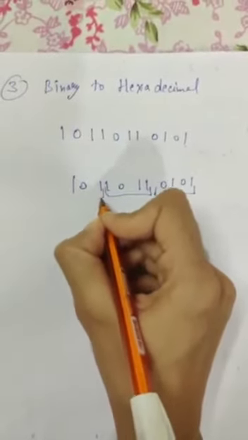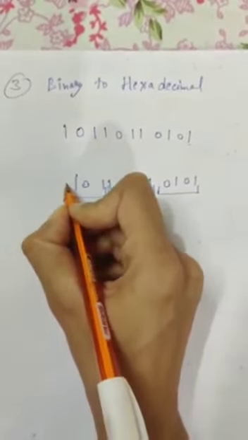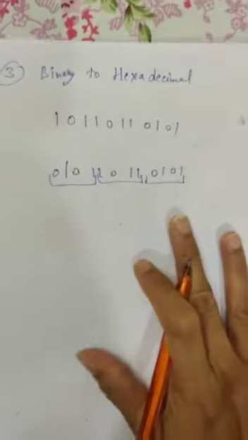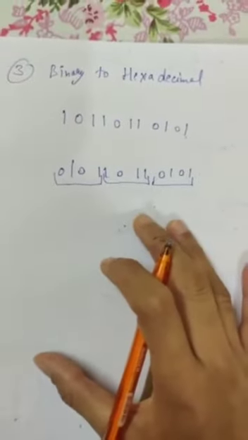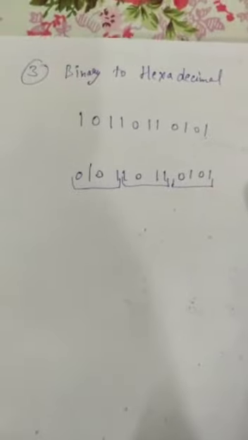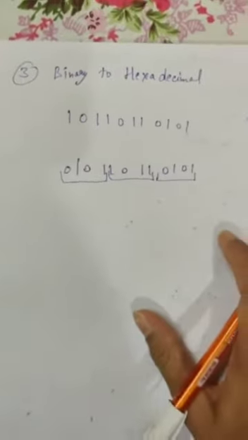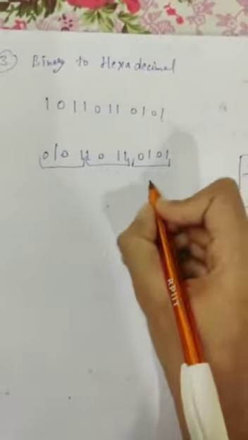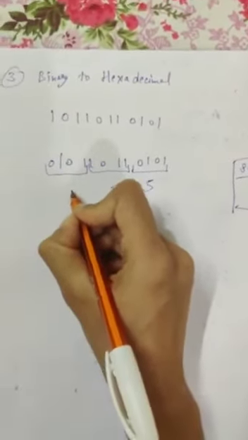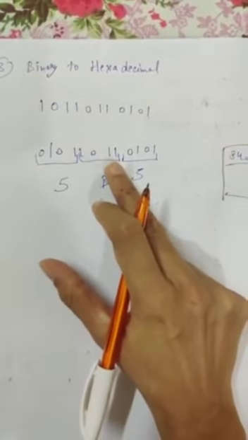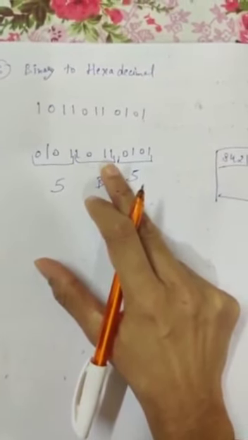In the last we have 3 bits, so for that we can add 0 on the left side to complete 4 bits. In hexadecimal we have a 4-bit code. This is how we can convert these bits into groups of 4 bits. So here, using the 8421 code, we convert this number into hexadecimal easily. Here we have 5, B, again 5. Here we have the value of 11, that is why we placed B here.